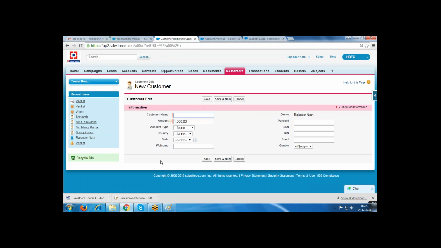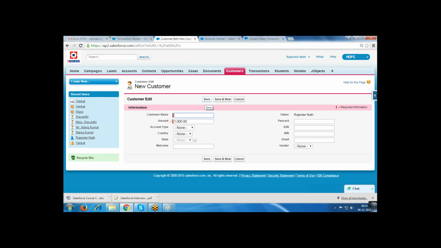Here we have one field created, the welcome field. If any record is inserting, if I enter some data and click the save button, then a new record is creating. Whenever we are creating the new record, I want to store the data in this field automatically: welcome to new customer.